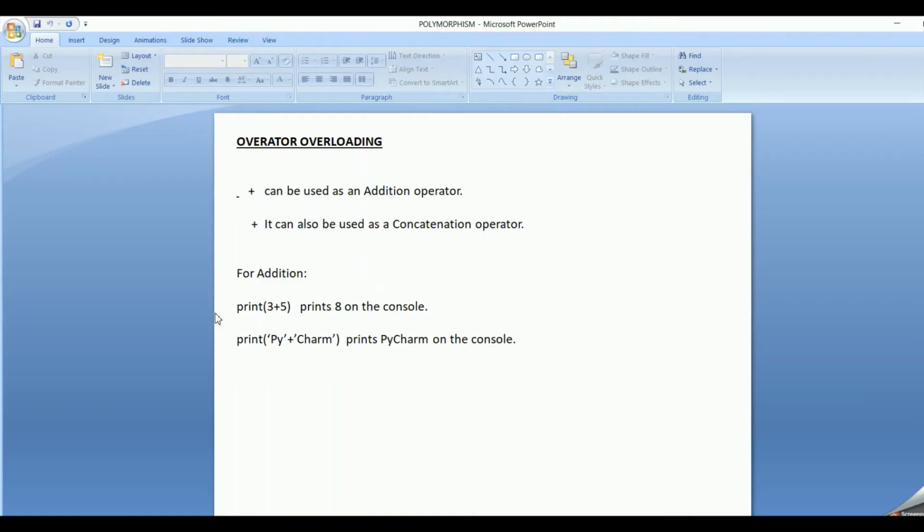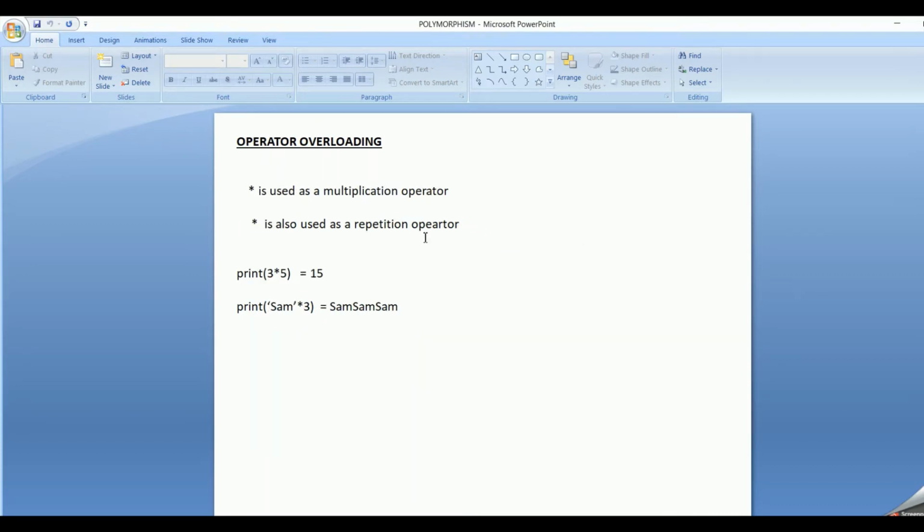Similarly, we have one more symbol which is used in operator overloading, that is the into symbol. Into symbol is used as a multiplication operator, and the same into symbol can be used as a repetition operator in strings. So when we have two numbers, it is multiplied and it behaves like a multiplication operator.